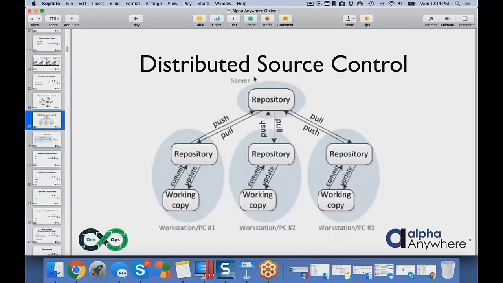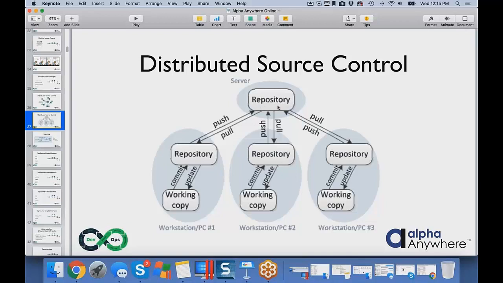So very, very powerful. The idea is you have this one central repository, and each person has their own individual repository on their workstation. What's nice is they can be offline when they're doing their local stuff. So the local person is sitting there, committing and updating, moving things back and forth. And when they're ready to go, they can coordinate that with the central repository.